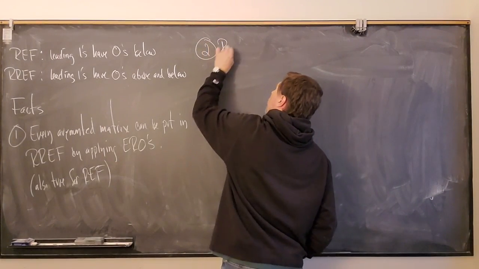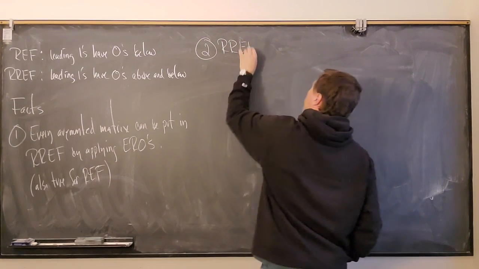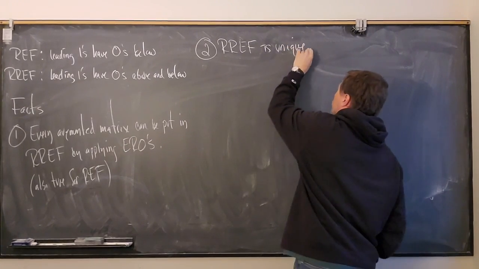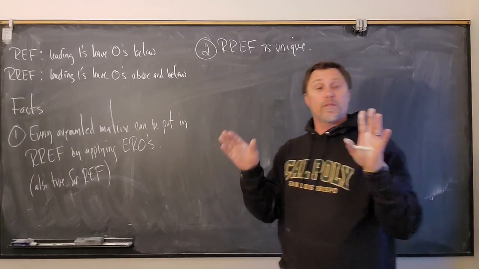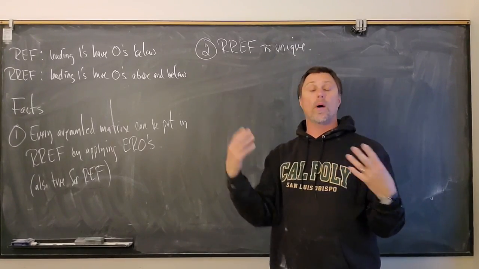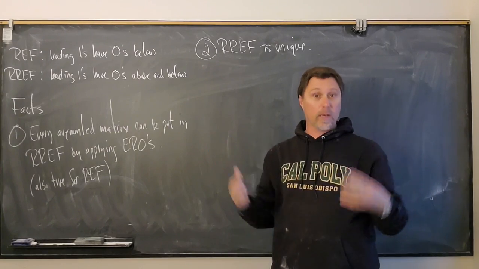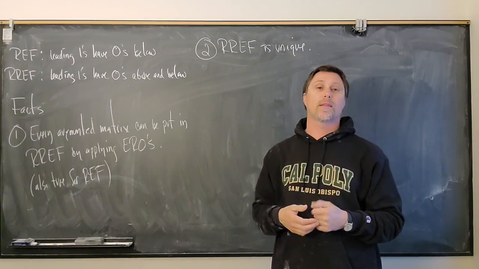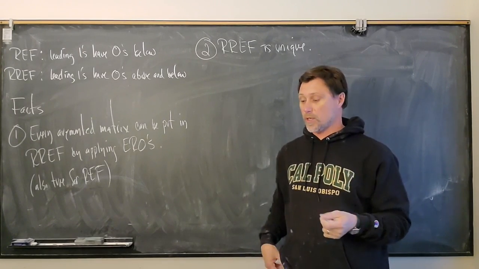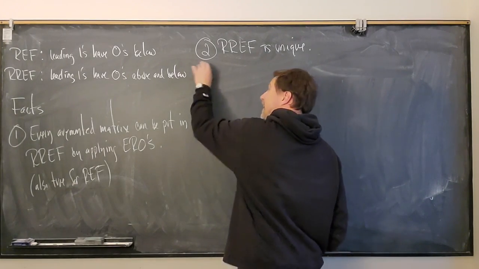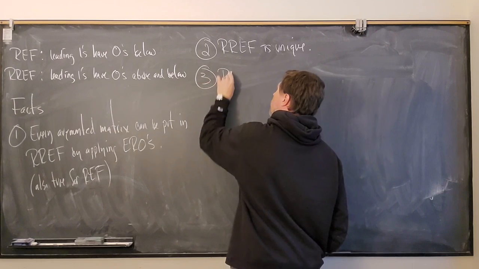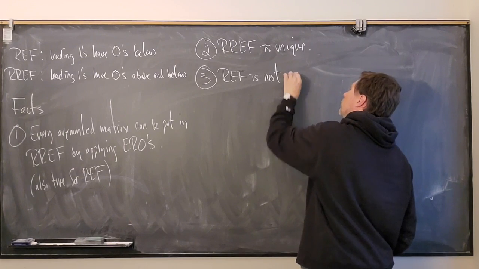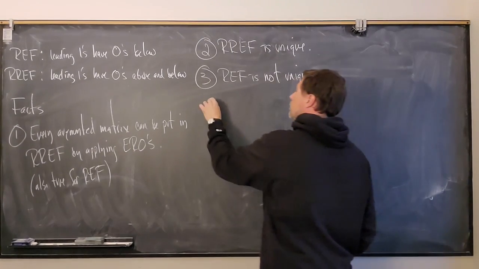The second fact: reduced row echelon form is unique. So what that means is, if two people are handed the same augmented matrix and told to put it into reduced row echelon form, they'll both go through this process and end up with exactly the same augmented matrix in reduced row echelon form. The same cannot be said for row echelon form. So row echelon form is not unique, but